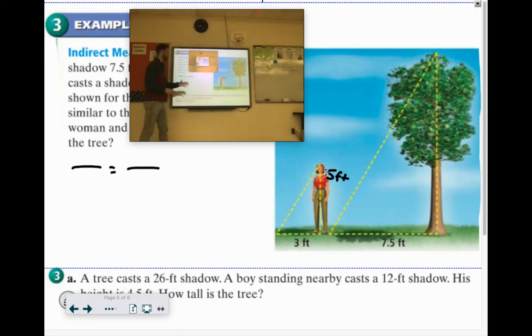So if we were to set up a proportion, let's say I said the height of the lady, 5, over her shadow, 3. So I did actual height over shadow. The other fraction, I'd have to do actual height over shadow. They told us the shadow is 7.5 feet. We don't know the actual height. Let's call it h. And then we can cross multiply and solve. 3 times h,